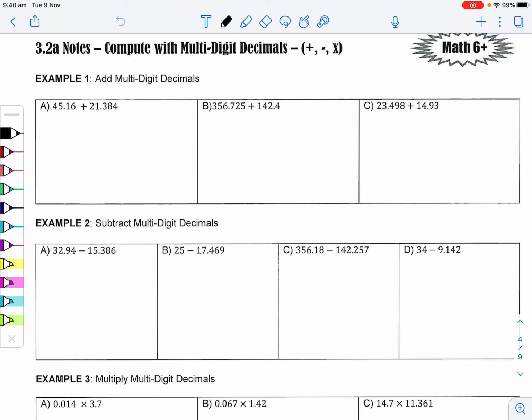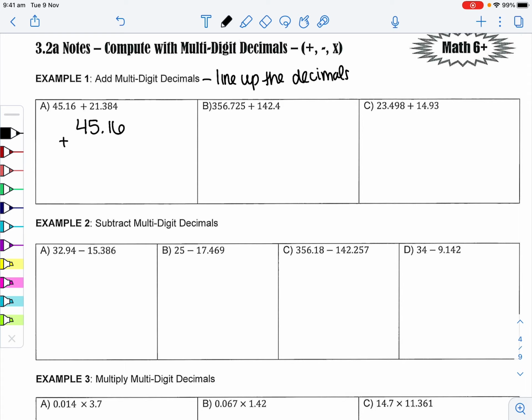When you're adding multi-digit decimals, the most important thing that you have to remember is to line up the decimals. Okay, when you add or subtract numbers with decimals, you have to line them up by place value and then add or subtract appropriately. So when I rewrite this first one, it's going to be